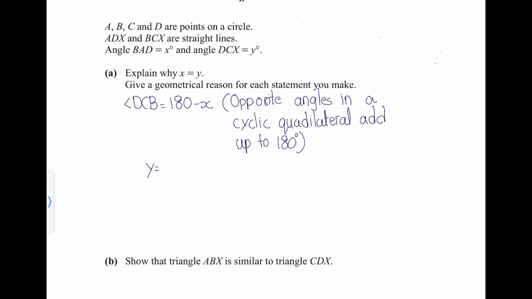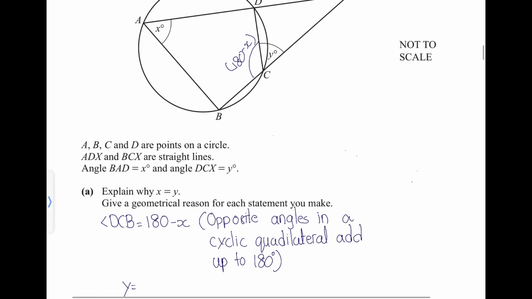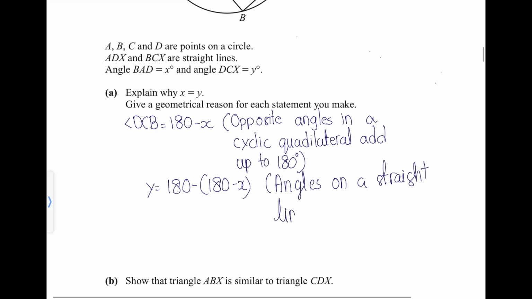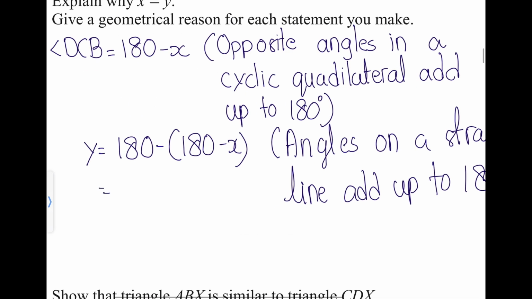I'm really sorry for that. So if you want to get angle y, just to make it clear, angle y would be 180 minus (180 minus x), because angles on a straight line add up to 180 degrees. All right, now if you simplify this, you can see that 180 minus 180 plus x, hence